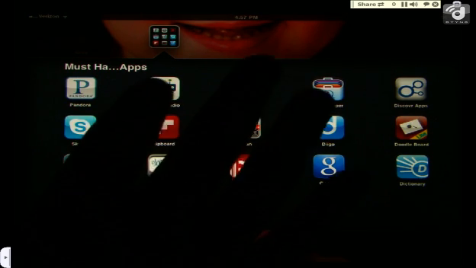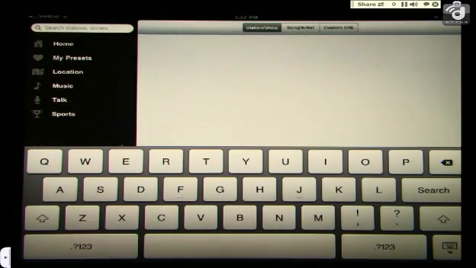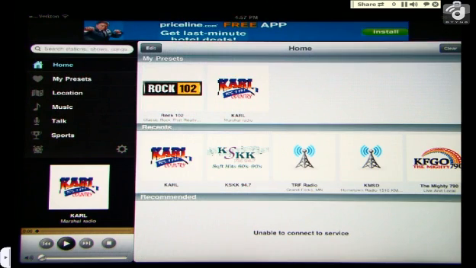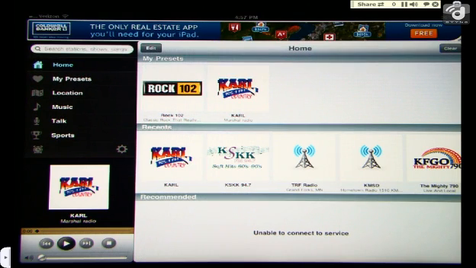neat apps is TuneIn Radio. Allows you to listen to radio stations that are streamed over the internet. And the way I use it is to listen to the Vikings. I turn off the broadcasters on the TV. And where I live, I can't clearly get any Vikings broadcast, and so I use this app, set the iPad next to me while I'm watching the Vikings,